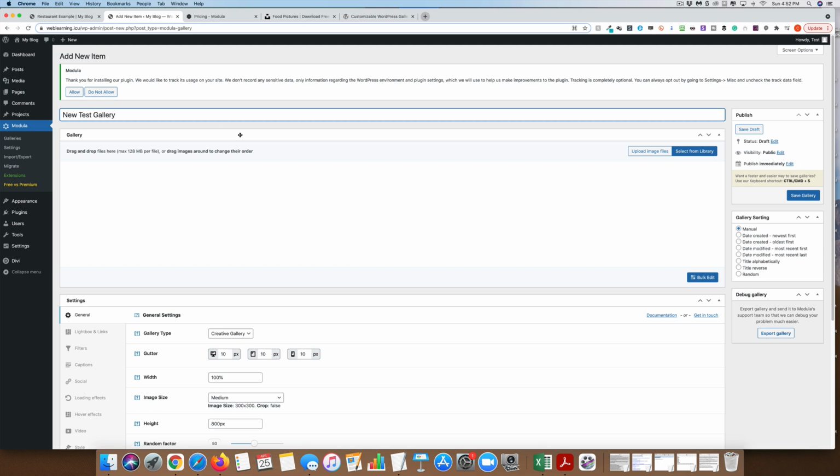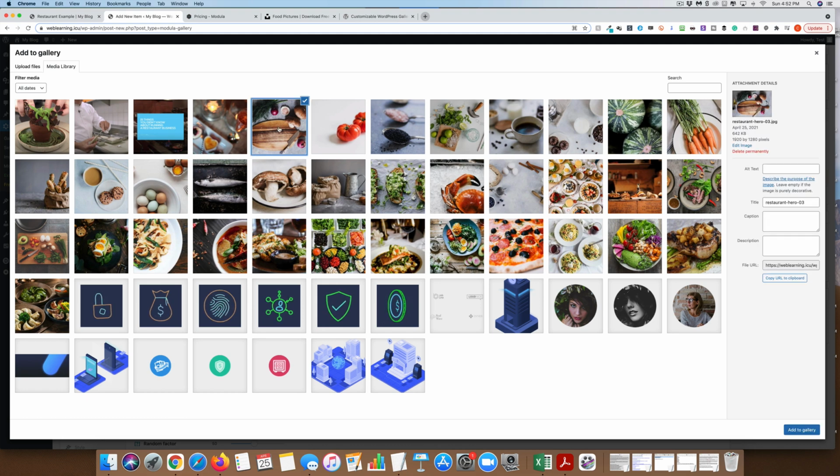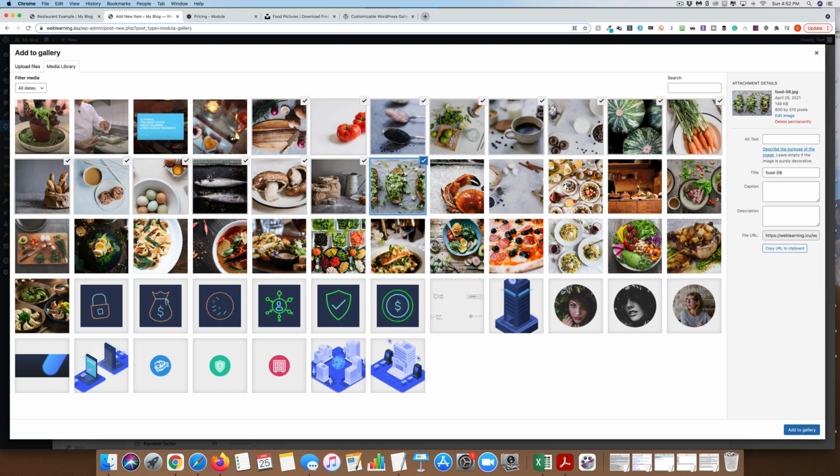So you can do 2 things. You can actually drag and drop into here, or if you have them in your library already, you can see I have just a ton of these. Now, these all came from Unsplash. I didn't take these myself, but it's always a great place to get some free stock images to use for